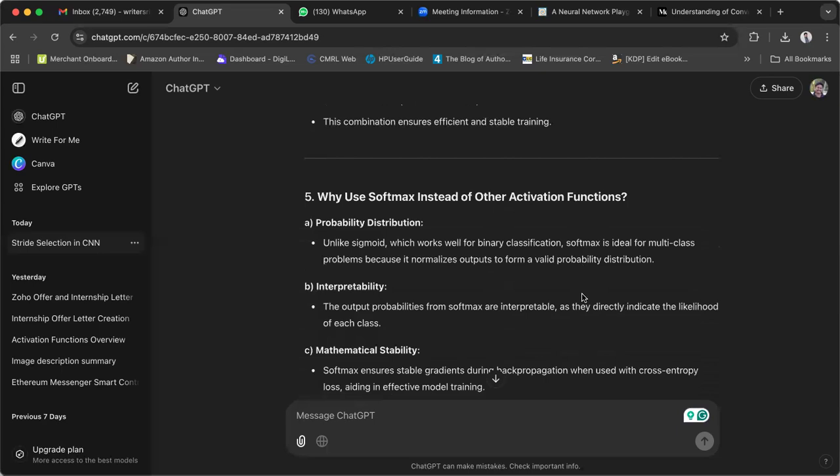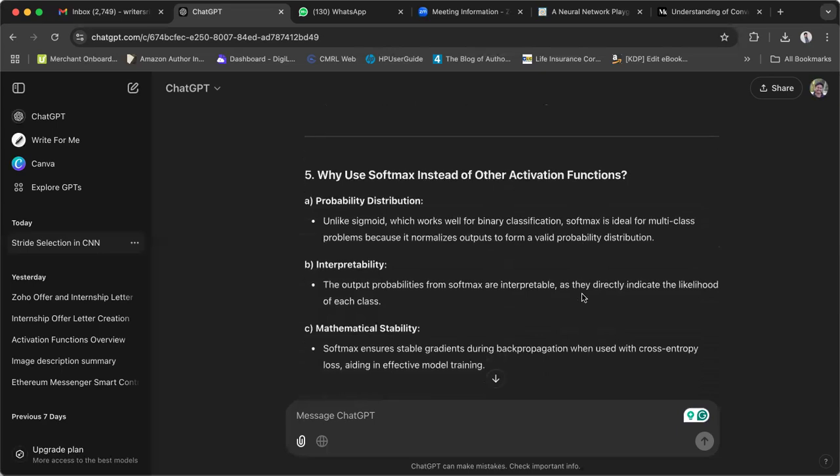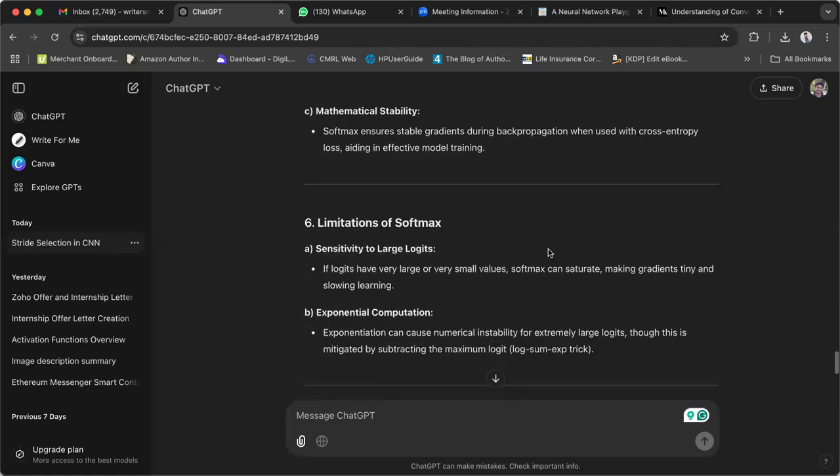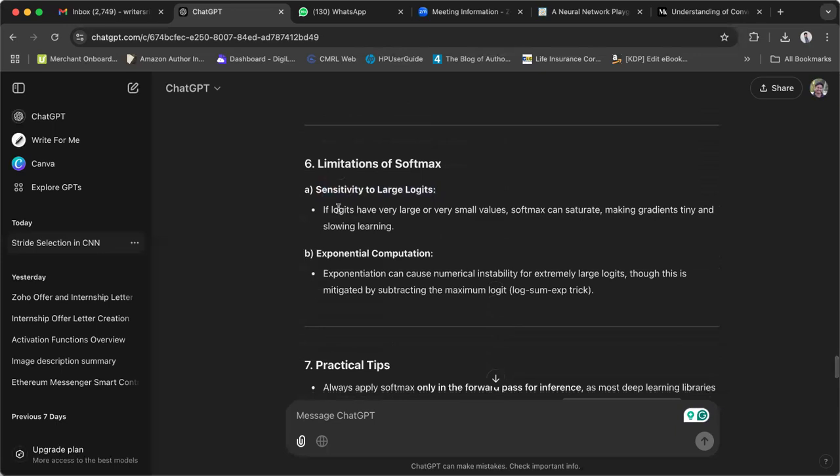So why are we using Softmax? Probability distribution, interpretability, mathematical stability. For every library or function we use, it has its own limitations. So, sensitivity to large logits: if logits have very large or very small values, both very large